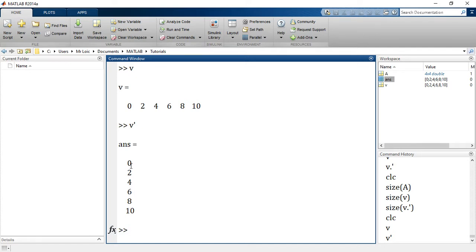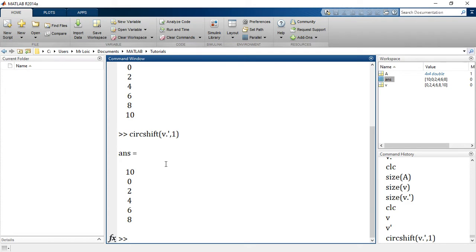If I apply circshift on V transpose once, I'll use V transpose the old way again. So I say circshift of V.', comma K, where K indicates the number of times you want to do the circular shift. Let's put it a first time.